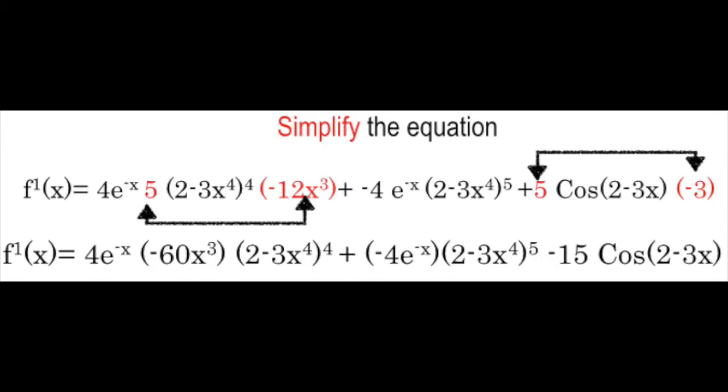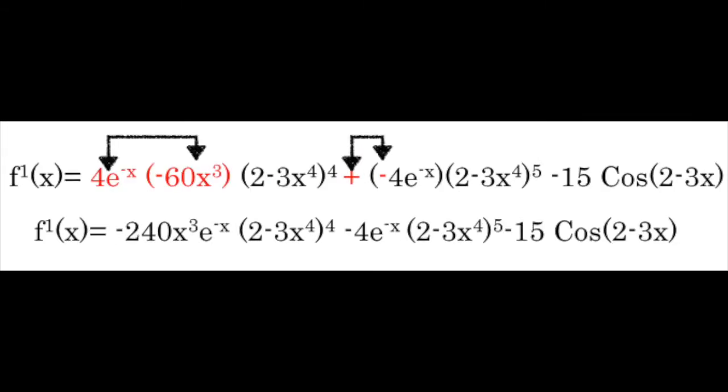The fourth step simplifies the whole equation. You achieve this by doing the distributive property between like terms, in this case by multiplying the 5 times negative 12x to the third power, and in the trigonometric equation, 5 times the negative 3. To be able to factor in the next step, I recommend to simplify the equation a little bit more, multiplying the 4e to the negative x times negative 60x to the third power. That equals negative 240x to the third power e to the negative x,